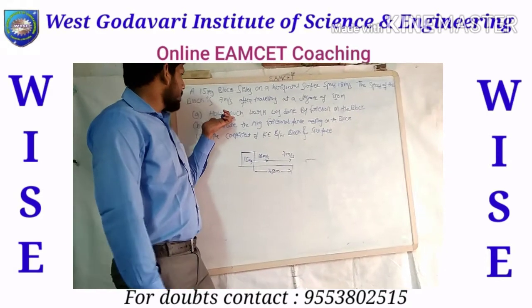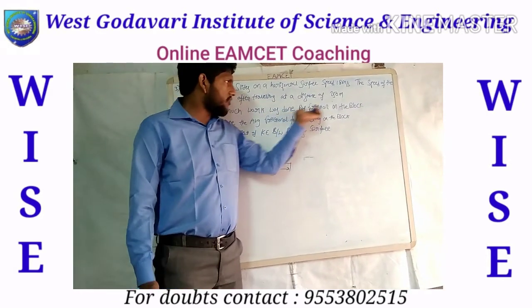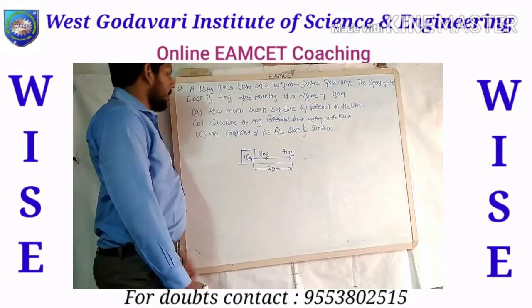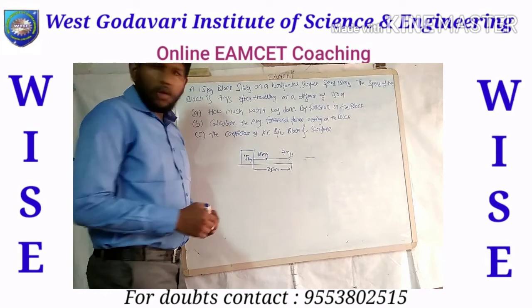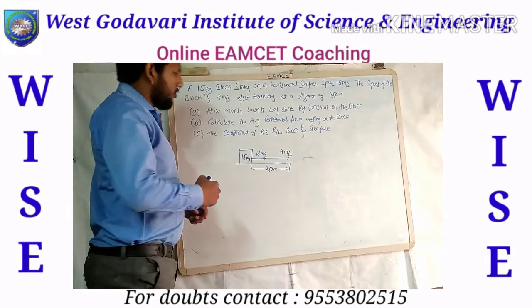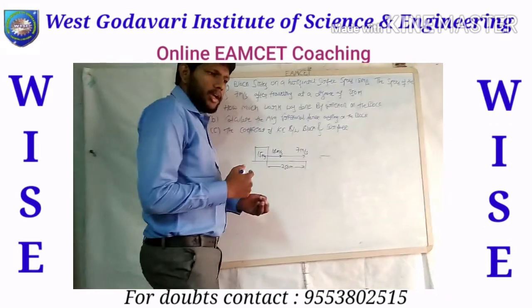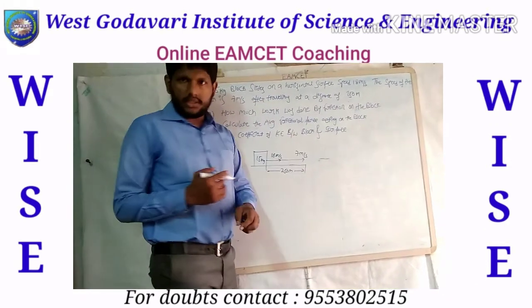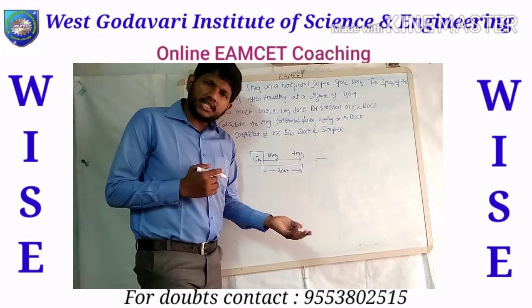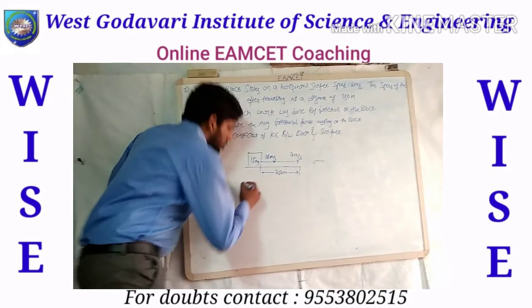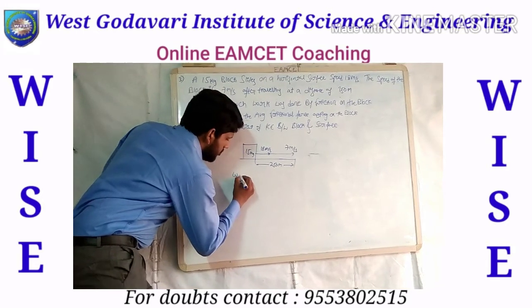So what are we supposed to do? The first one is how much work was done by the friction on the block. We need to find the work done. We know that if two velocities are given, we need to utilize the change of kinetic energy. So from the kinetic energy, we can obtain the work done. So total work done is equal to